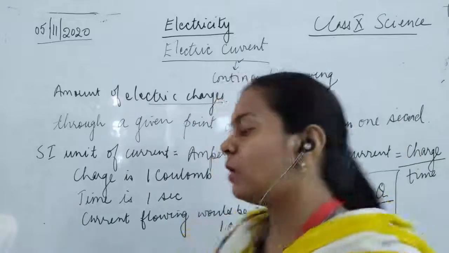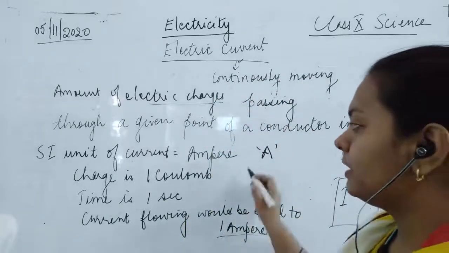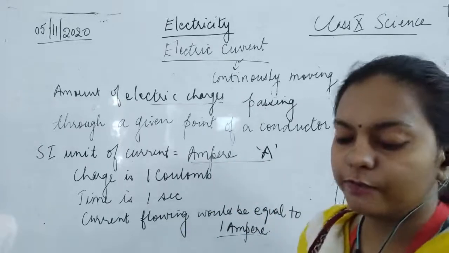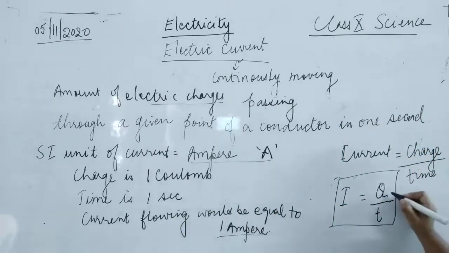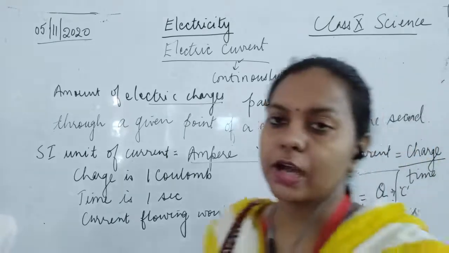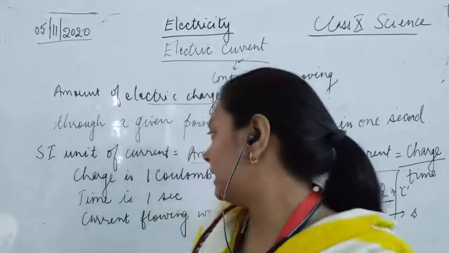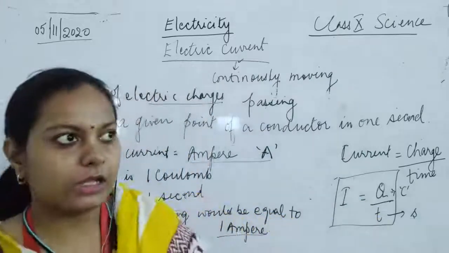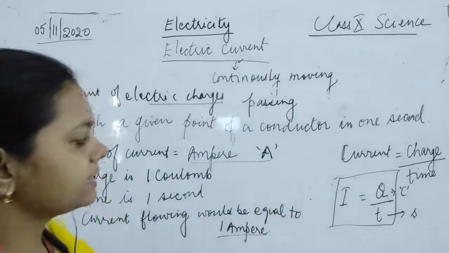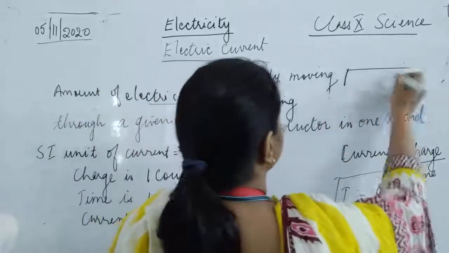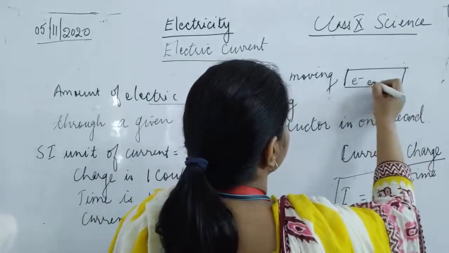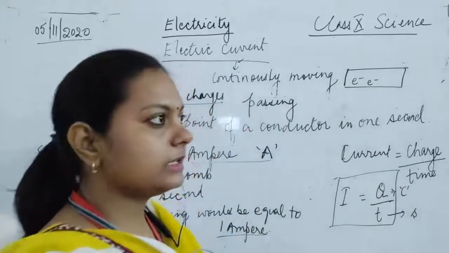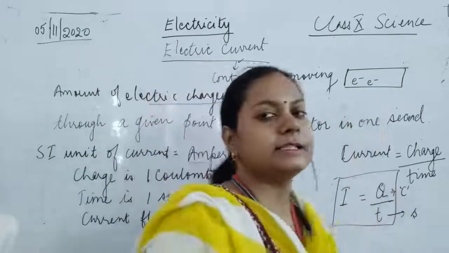Now children, please understand, how can you define this 1 ampere? Ampere is the SI unit of the current. Charge we can always denote using the coulomb, and time is denoted in seconds. So if 1 coulomb of charge is moving in 1 second, then current will develop there, because charge is flowing. Please understand the concept. The concept says that if we see a wire, the electrons are passing. Electrons are a type of charge, negatively charged particles.